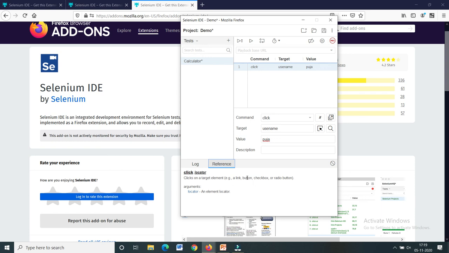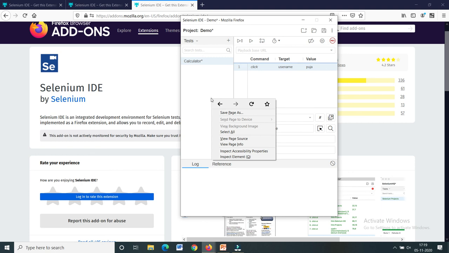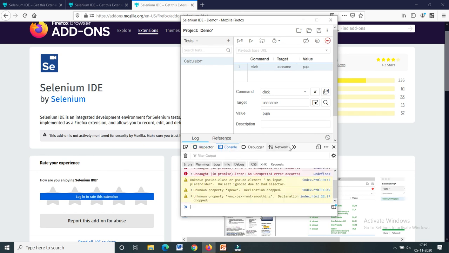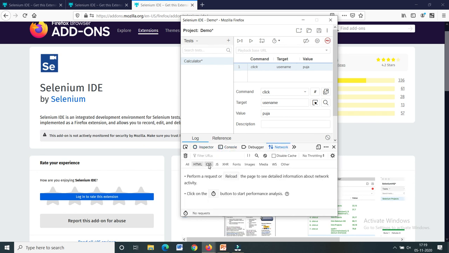For example, you have selected a button, checkbox, or radio button, and here they are giving the description. In this window, if you right-click, you will get some options such as inspect element. If you click on that, you will get all the information about the console, debugger, network. In network, you will find the CSS. After the CSS, you will know about all the objects. So this is for your reference.